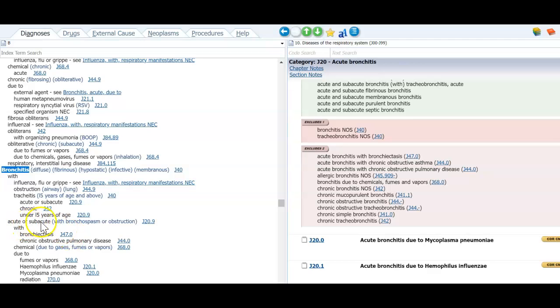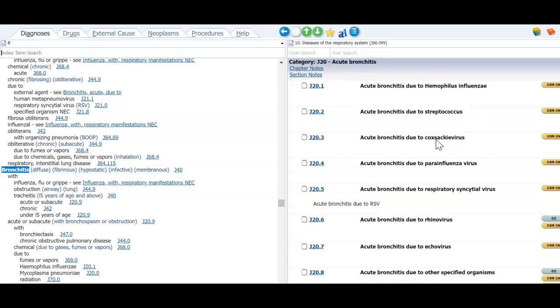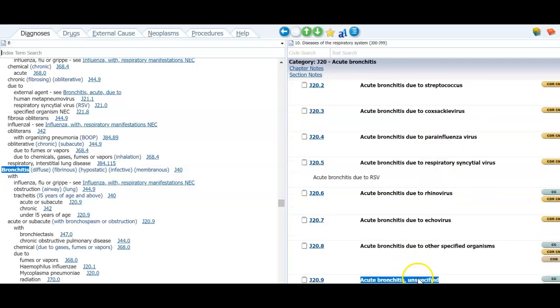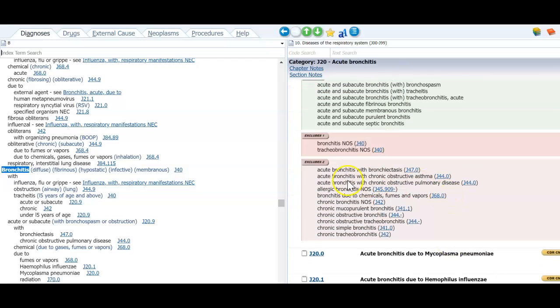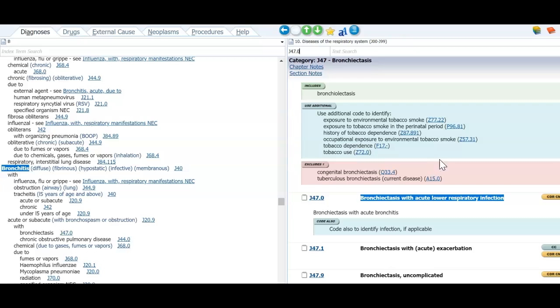J47.0, our acute, which is J20.9. So if I look up J20.9, that's right there. And let's look up here. This Excludes2 note. We have acute bronchitis with bronchiectasis J47.0. Okay. So here it is. We also have to code the infection if there is one. Okay. Which is